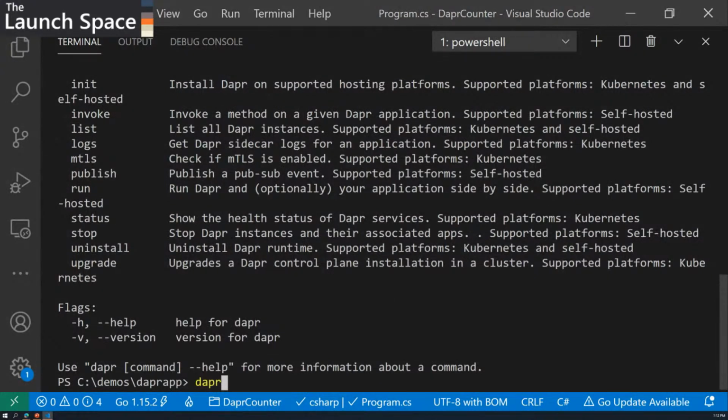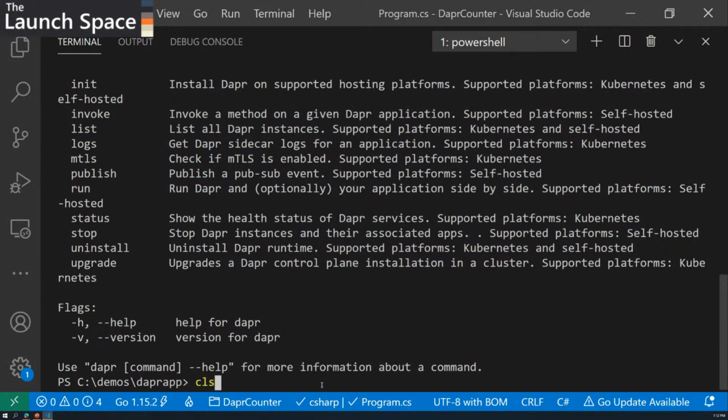Once you've got your Dapr CLI installed, you can do dapr init. Run this, it installs Dapr on your machine, and you are ready to go. So now I've got a whole bunch of other commands inside here. I've got one here called dapr run. What does dapr run do? It takes your application and launches your application and that Dapr sidecar together. So you've Daprized your application.